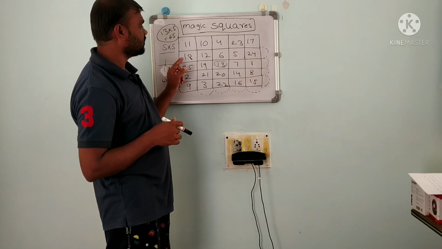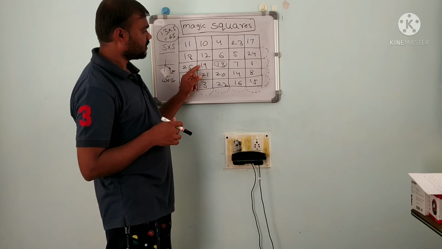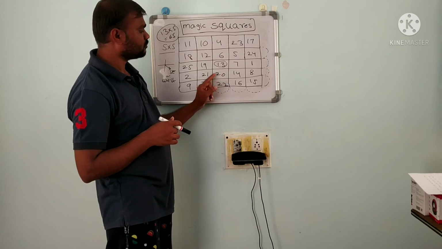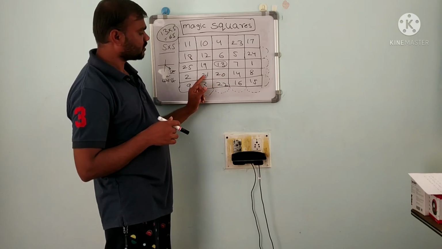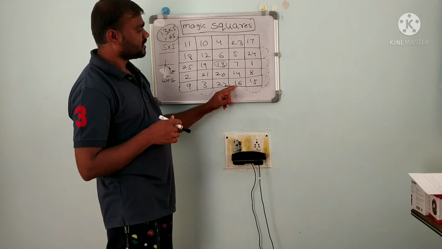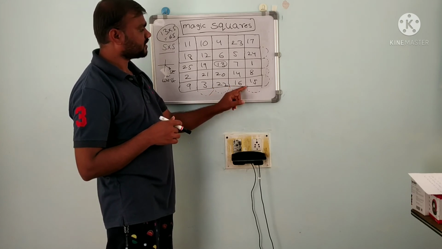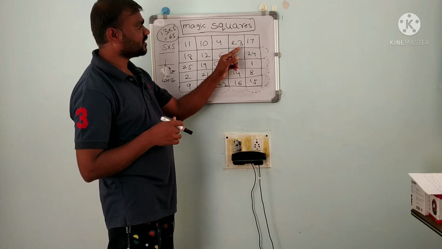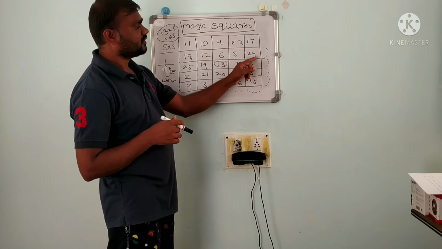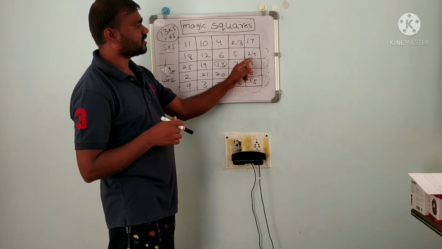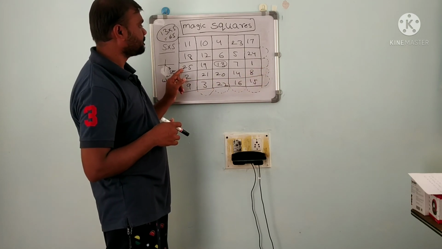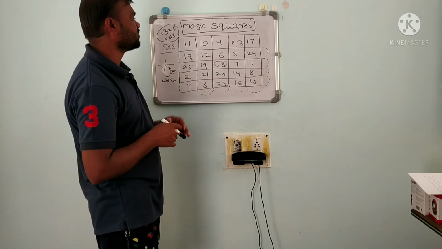So this is 18, southeast is 19, southeast is 20. Here southeast is already filled, then you have to move west side. After this southeast is 22. West side is already filled and this also filled, then you have to move like this, and 23 is here. After this southeast is 24. Southeast here nothing is there. West also filled, then you have to move like this, 25. This is the way to fill all the cells.